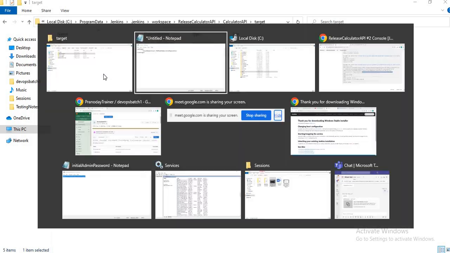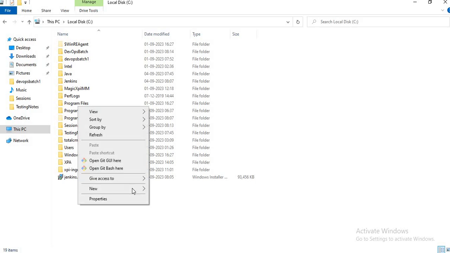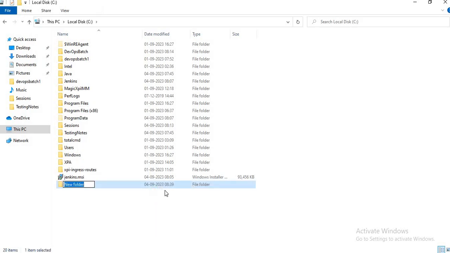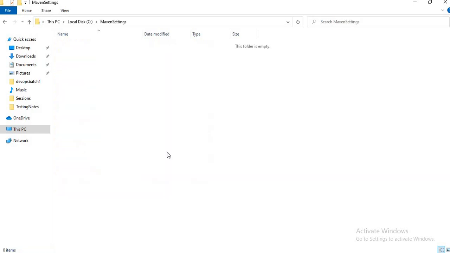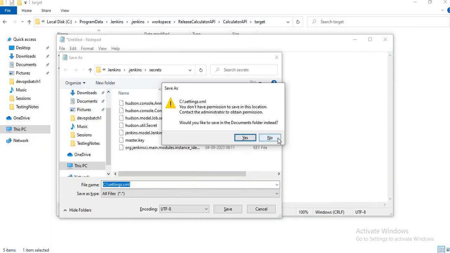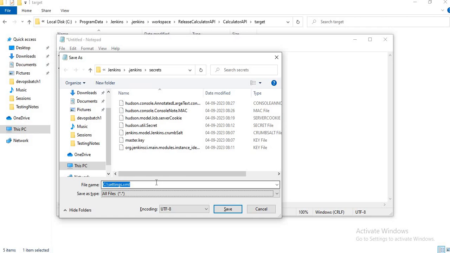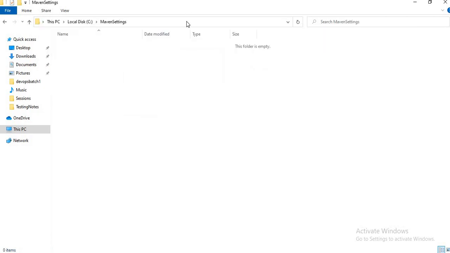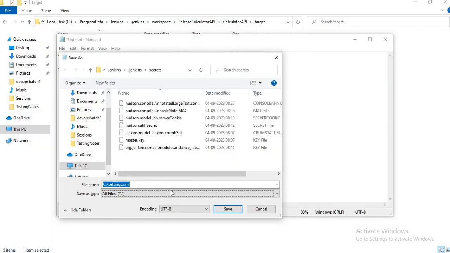Okay, so let me create a new directory, Maven settings, and let's save the file inside it.